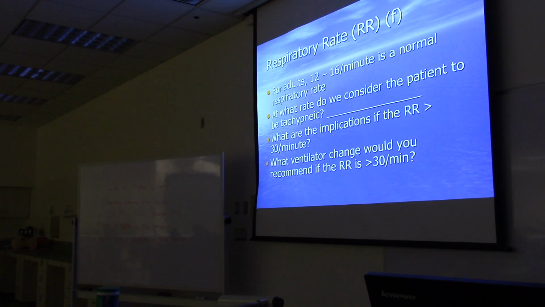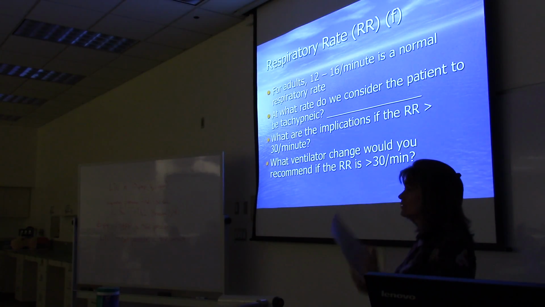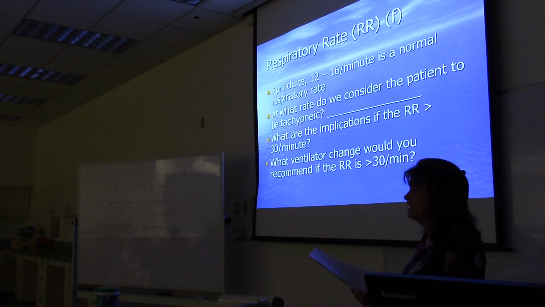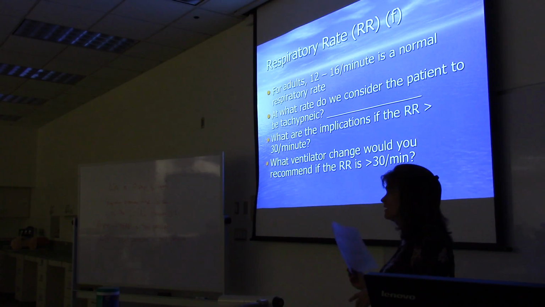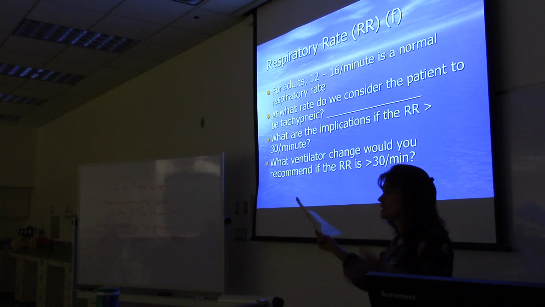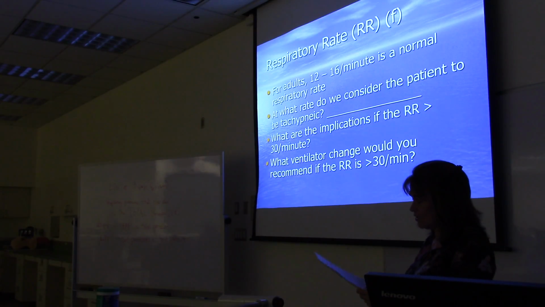What are the implications if the respiratory rate is greater than 30 per minute? And not just like the patient sees their family and they start breathing fast because they're excited and they want to try to communicate with the family, but sustained 30 breaths per minute. It's been 15, 20 minutes, so breathing 30 times a minute and it's not slowing down. So the implications are